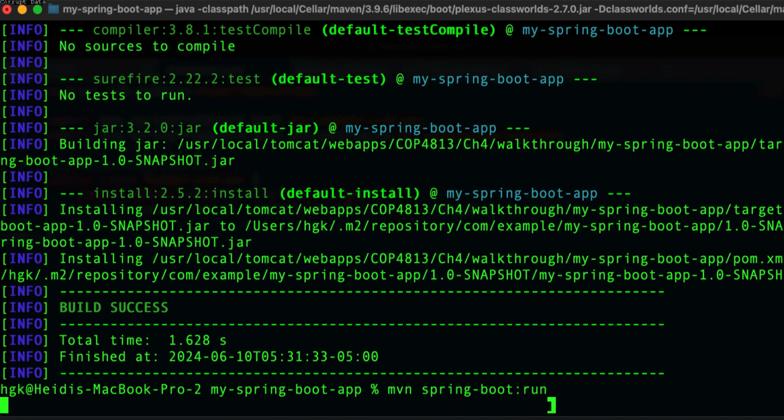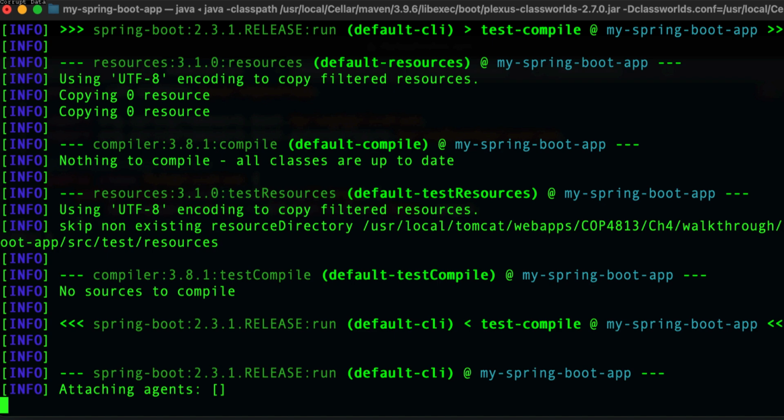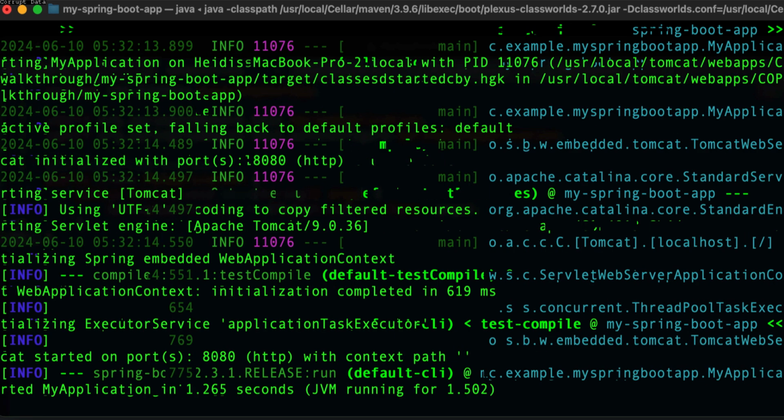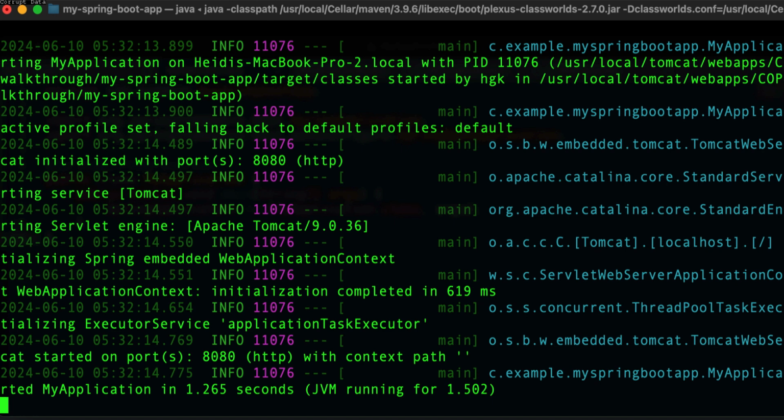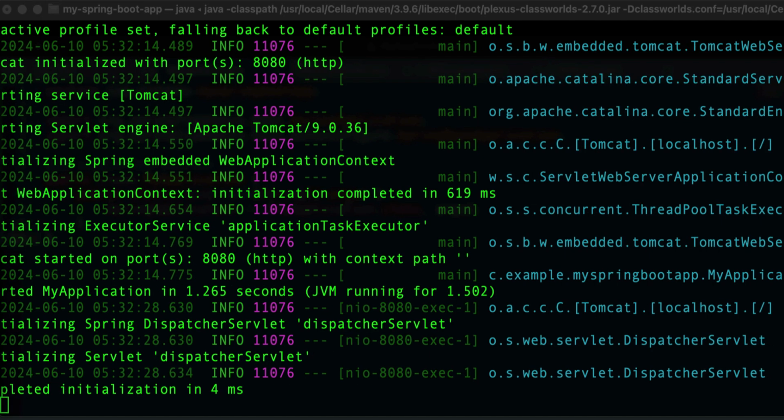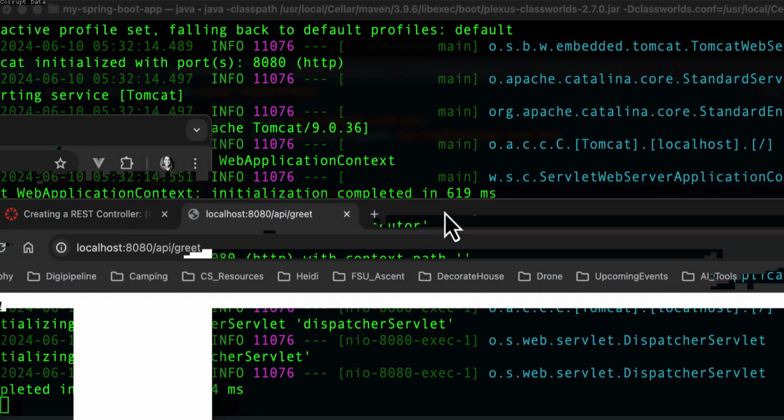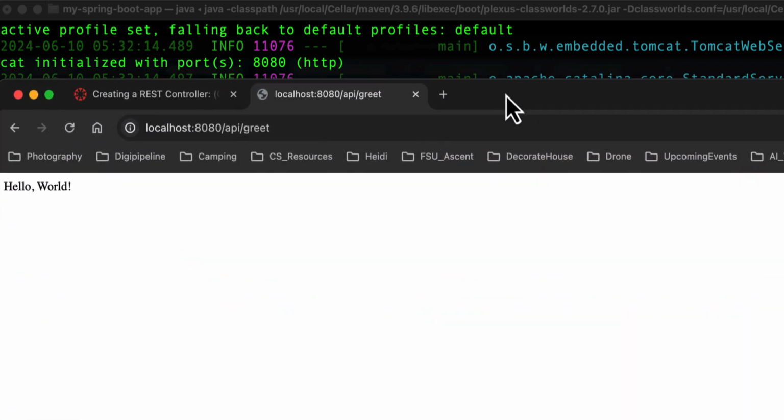Go ahead and run your Spring Boot application. Again, paying attention to the log files and the output to your standard output screen there, looking for errors. I didn't get any, so I'm going to go over and open up my web browser, and Hello World was printed to the screen. That's great.